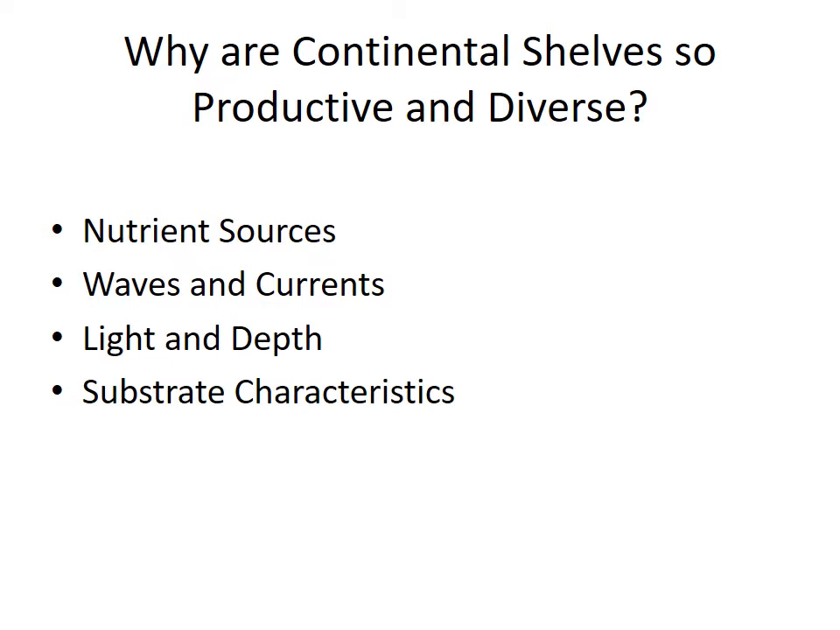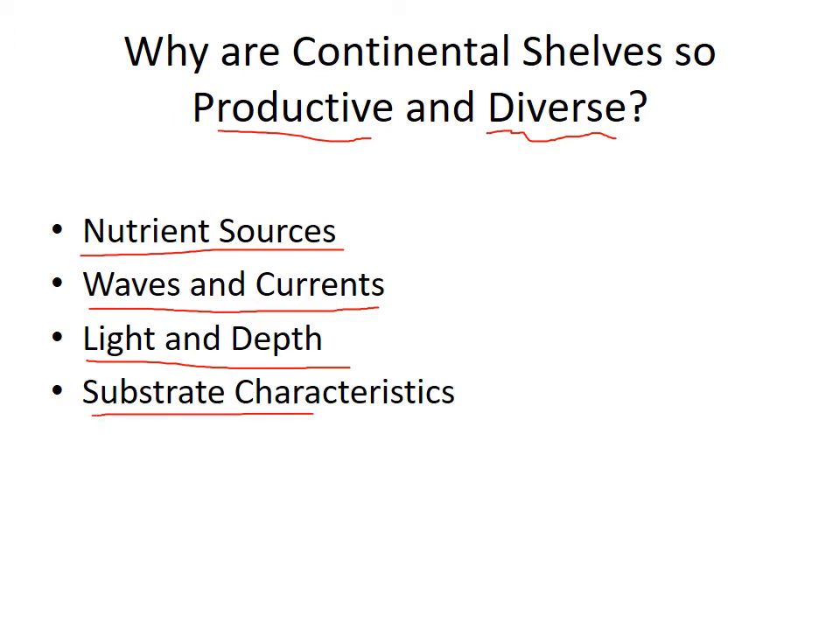So how is it that continental shelves are so productive and provide us with this bounty of fish fillet sandwiches? It's complicated. To understand the productivity and the diversity, which means the variety of species, of continental shelves, we need to think about the nutrient sources to continental shelves that fuel the primary productivity, the waves and current patterns on continental shelves and how they're different from open sea areas, the light and depth situation on continental shelves, and